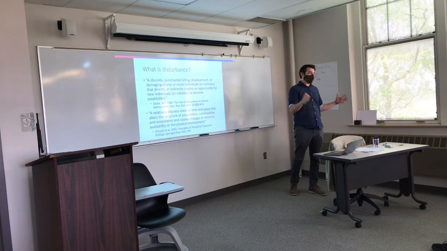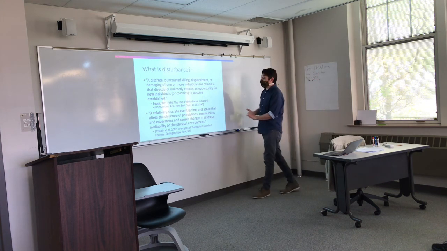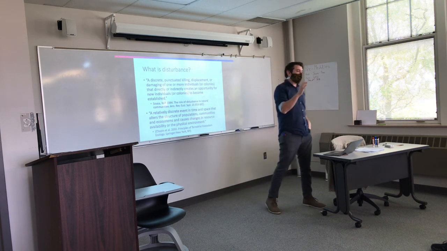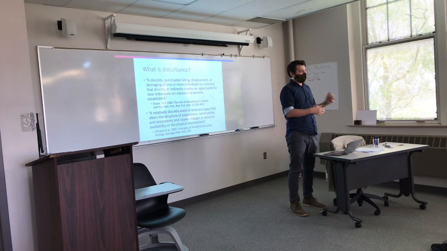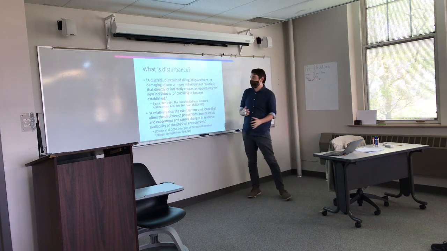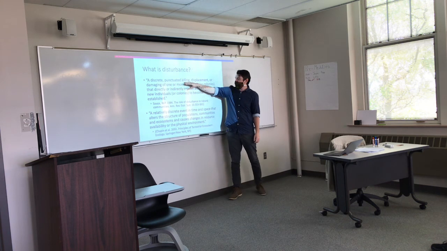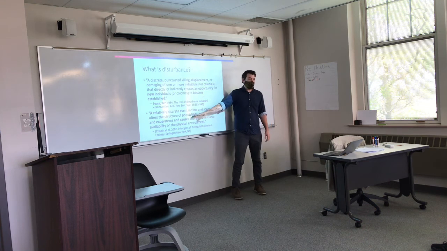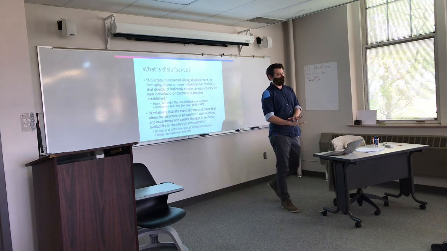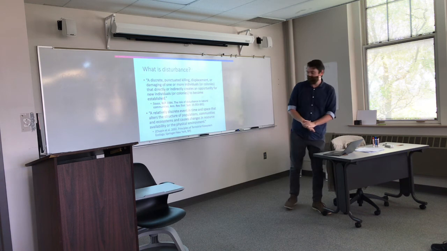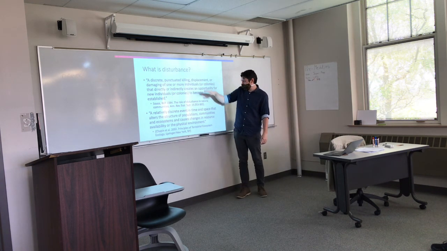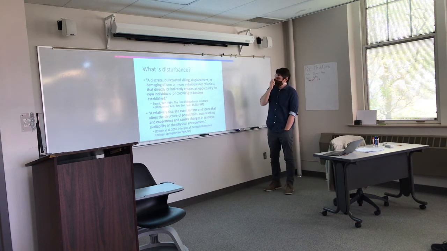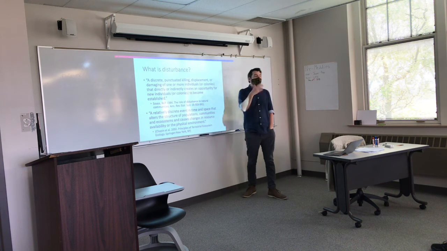Well, let's just start with a vocab lesson, I suppose. What do we mean by disturbance in the context of ecology? Well, a couple of definitions here. One of the characteristics that unites these is that something happens to change the composition of the community, what species are present. So a punctuated or discrete event that kills or displaces species or just alters populations. You could reduce the population of a species to be very small without destroying or removing it. So some sort of killing, displacement, or reduction of population size in the community that directly or indirectly creates opportunity for new individuals, new kinds of